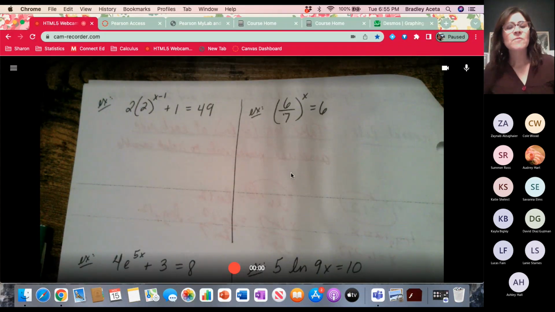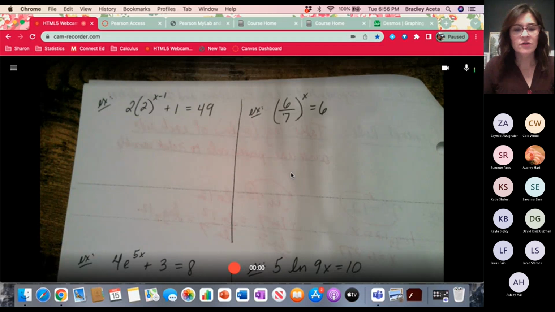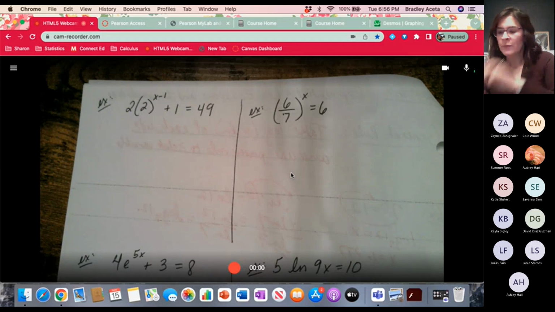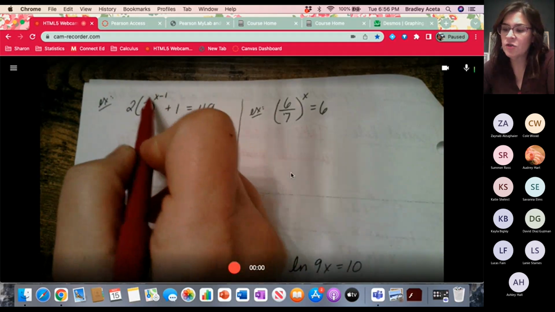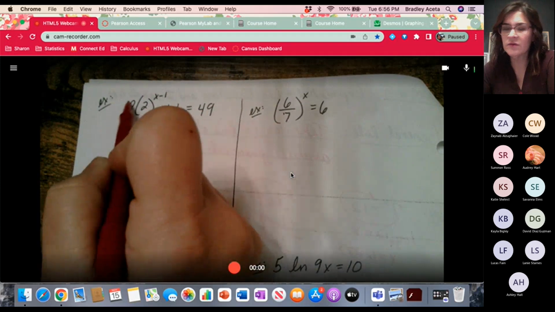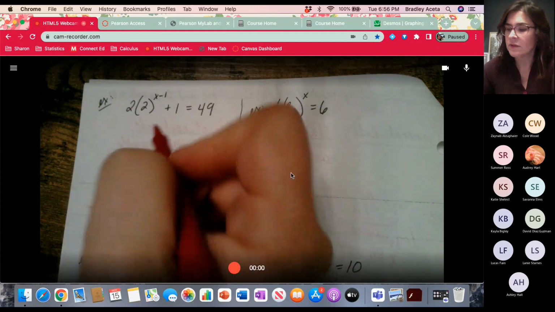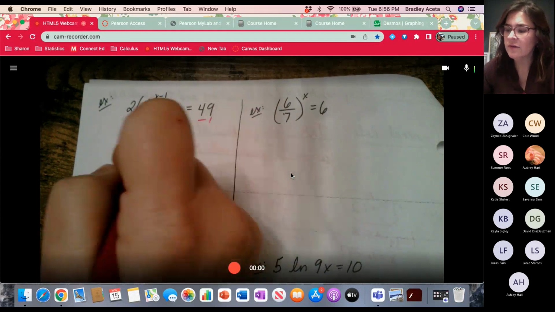Okay. So again, you're going to undo these exponentials with logs. That's what gets them down. The logs will get those exponentials down. So let's do two more examples real quick here. You do want to get the exponential part by itself if you can. So see how this has a +1 here and there's a 2 in front. Get it as much as you can by itself. So like subtract the 1,